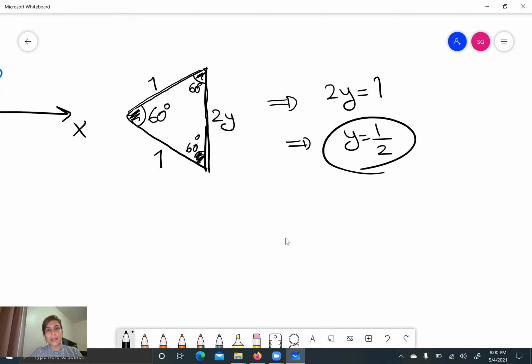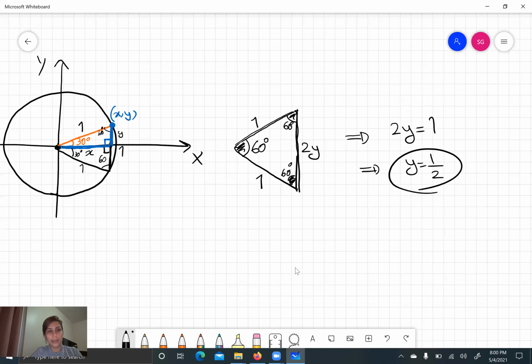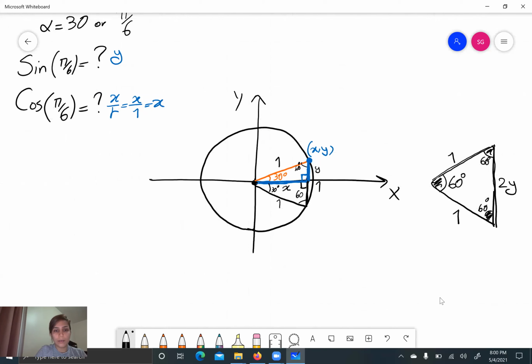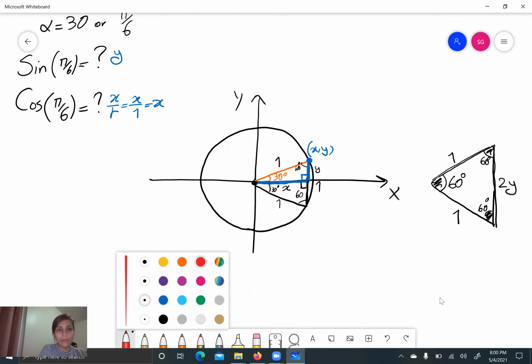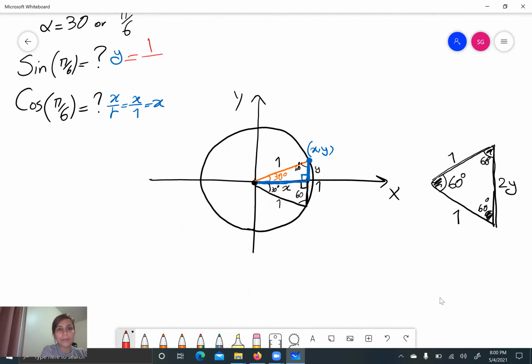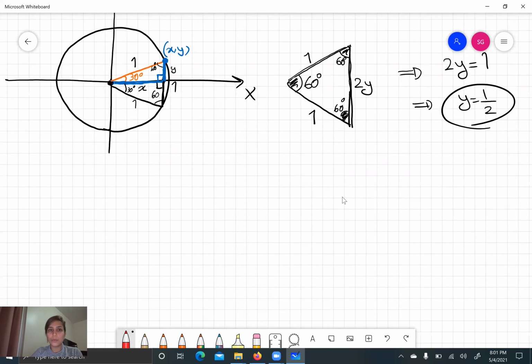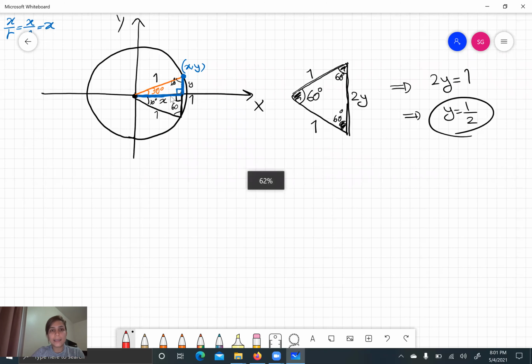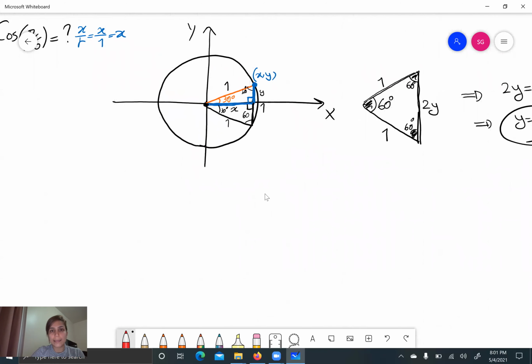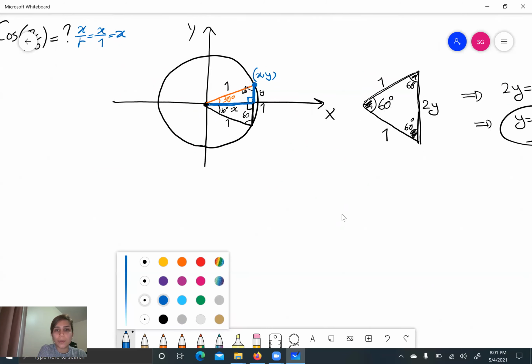So that's it. We already calculated that. 1 down. Look, y is half. So we already have the sine. Now let's find the x. Now we can go back to this triangle to find the x. How? Because we know that, in this triangle, this one,